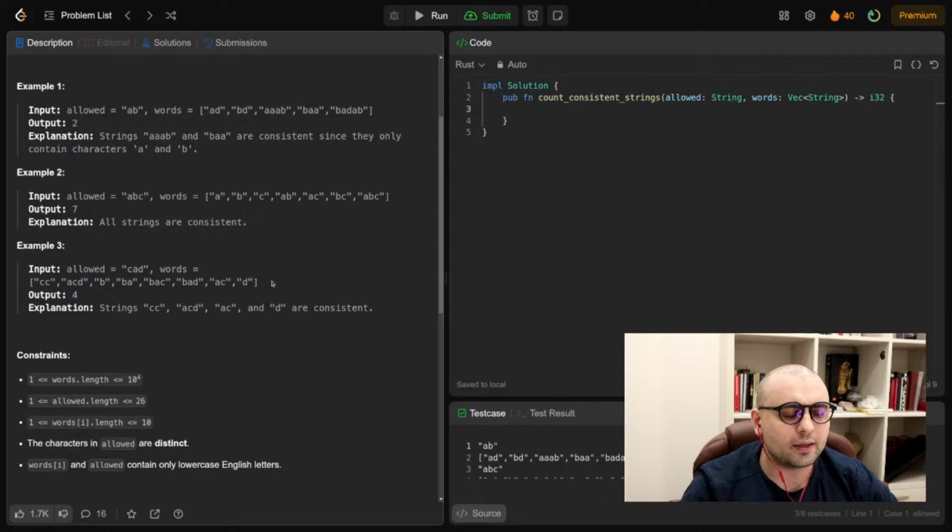That's the idea. Yeah, probably we'll code it like this. So let's try to code it in this way. So we have allowed, which is in a string form. I'm not sure if it contains, I think,